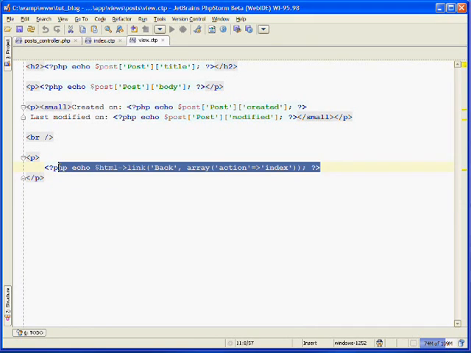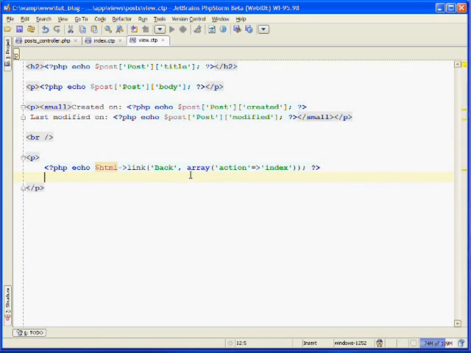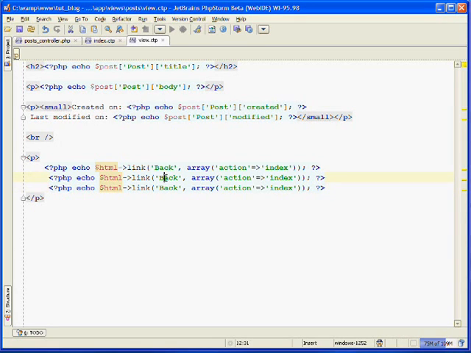And we can just duplicate this to create 2 additional links. So we'll copy it and we'll paste it in with a space 2 more times. And so we want this link to be to edit the post, so we'll change it so the link text is edit, and we want to link to our edit action. And the edit action requires that we pass it the post's ID so it knows which post to edit. So we'll pass in the current post's ID.